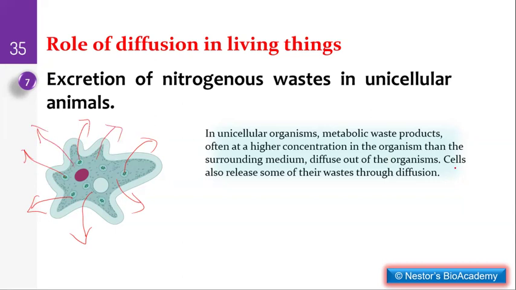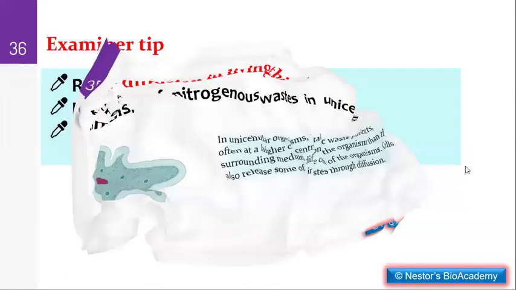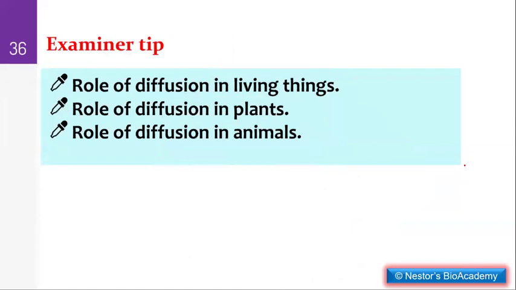So even in other complex organisms like us, the process of diffusion becomes important in facilitating movement of metabolic wastes from the cells into the surrounding fluid before they are fully eliminated from the body. An examiner tip, a key tip I want to stress here, is the need for you to be very careful